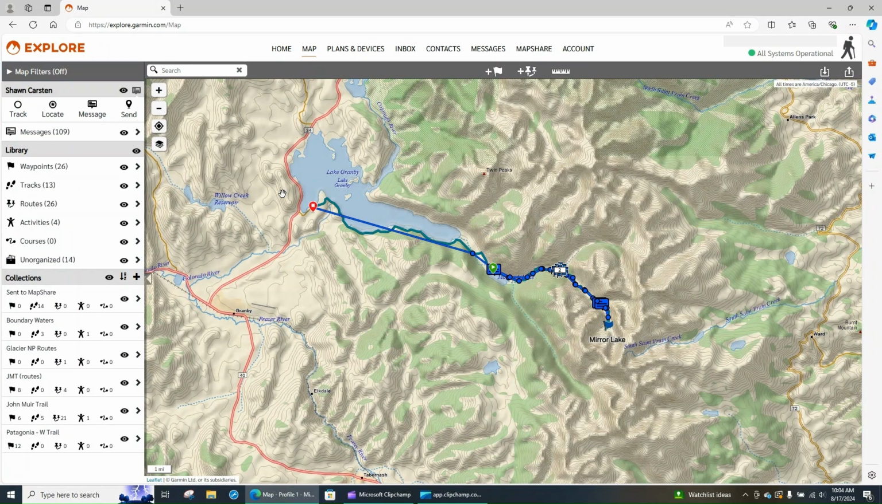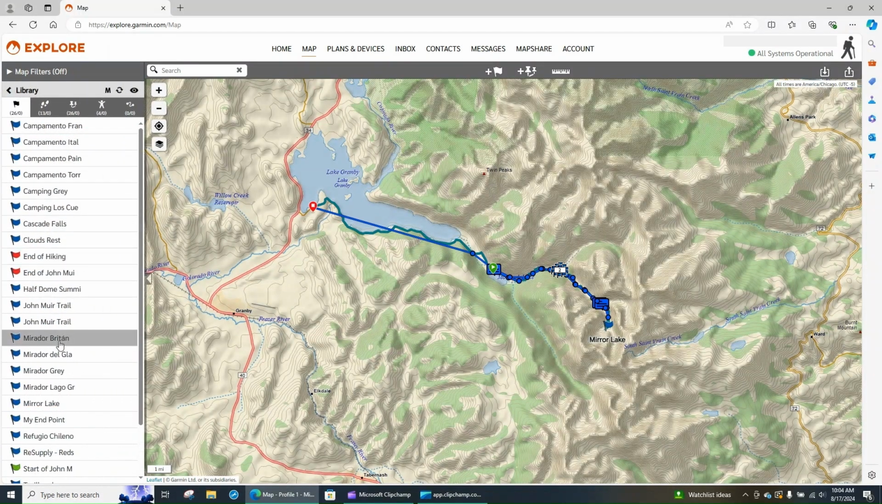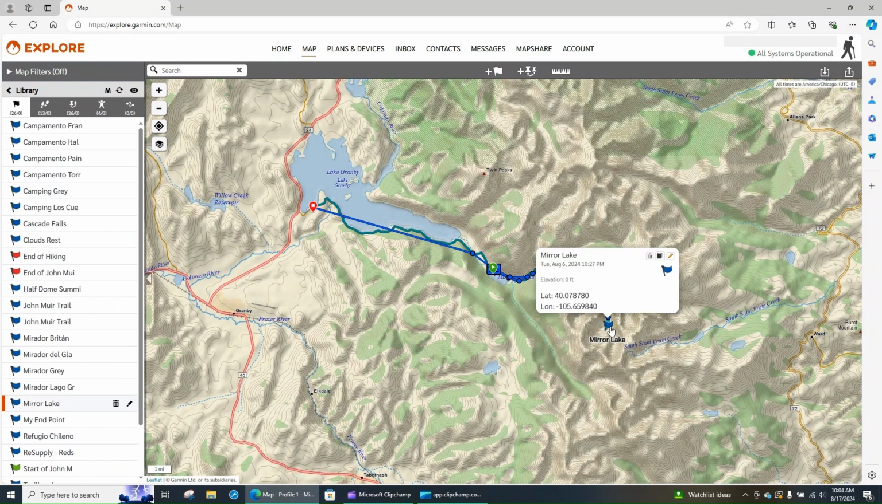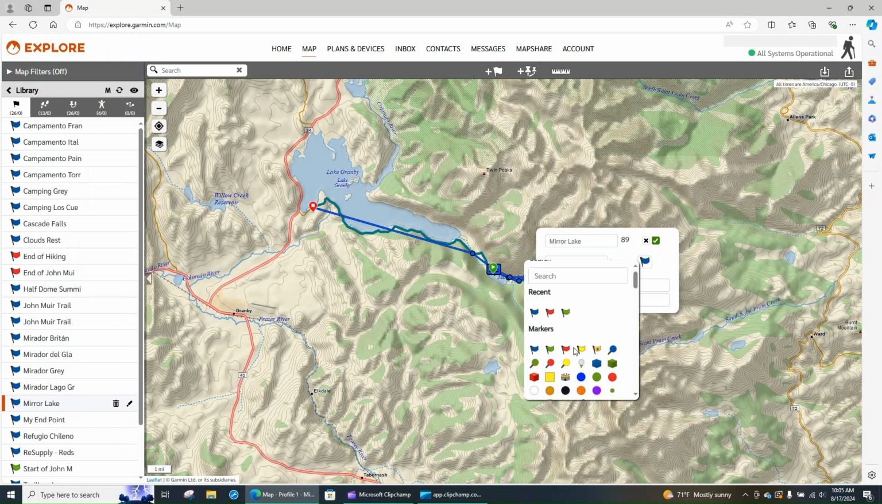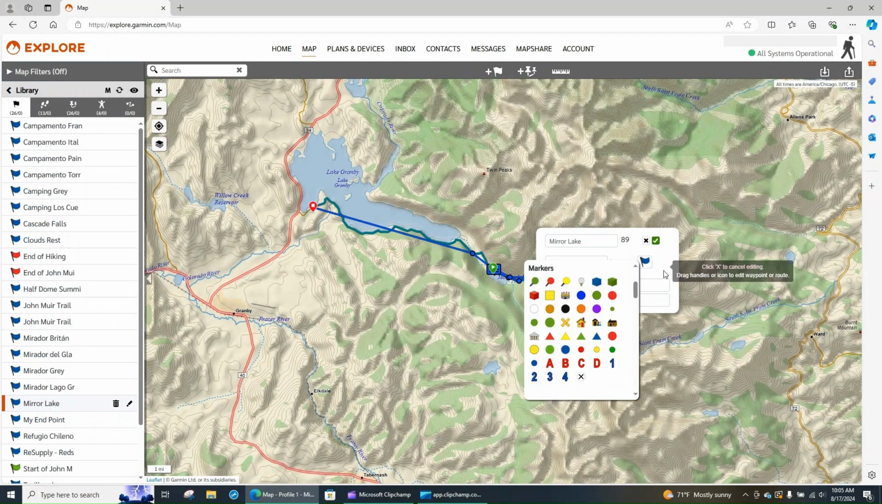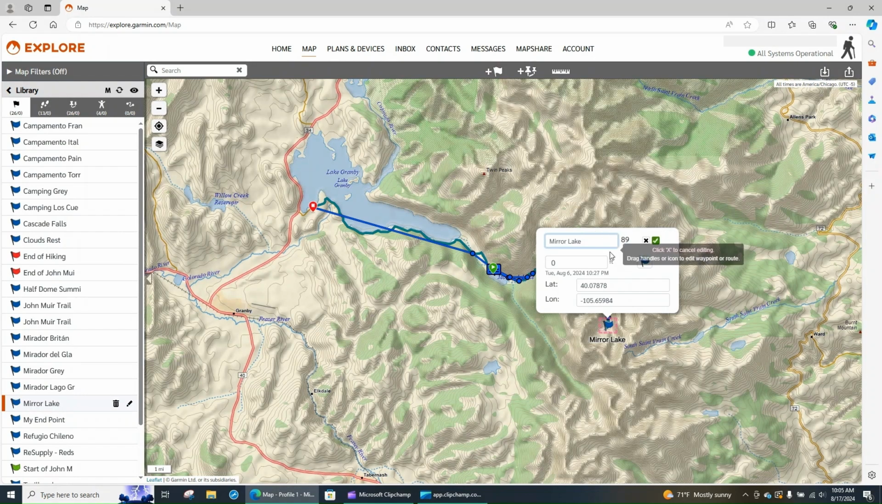indicated by a flag. You can change the icon on these as well, as long as you're under your map view. Just click on your icon, go up here to this little edit waypoint, and then you can change your icon to different colored flags, a couple other options in here. You can also change the name of your waypoint. So Mirror Lake waypoint,